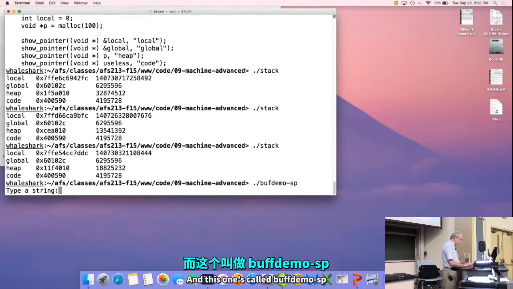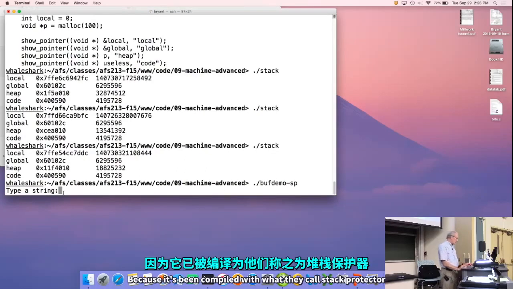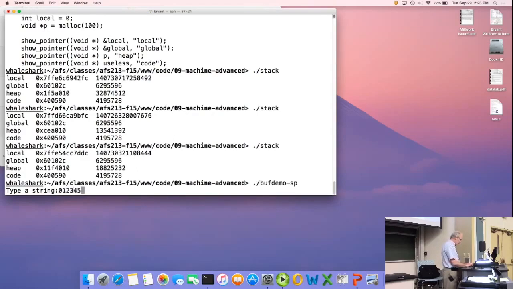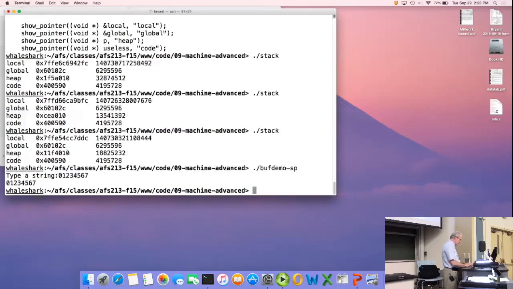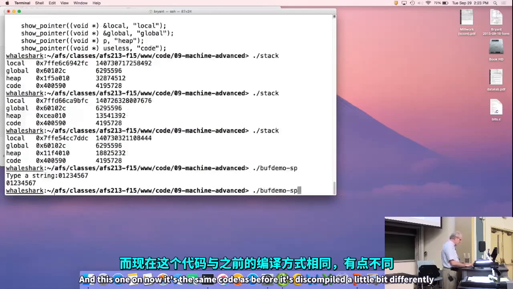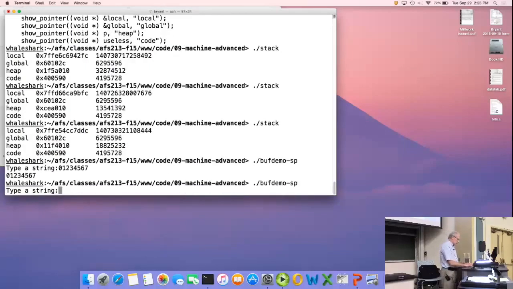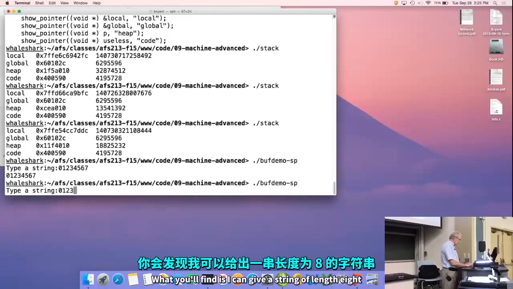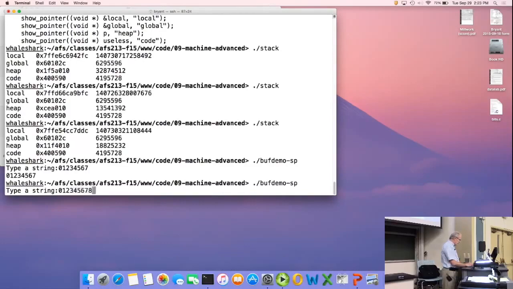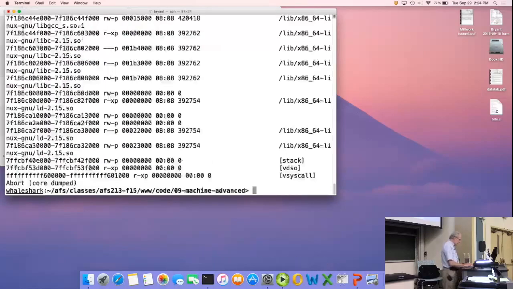And this one's called buff demo-sp because it's been compiled with what they call a stack protector. This one, now, it's the same code as before. It's just compiled a little bit differently. What you'll find is I can give a string of length 8 and not have a problem. But if I now have 9 characters, it will